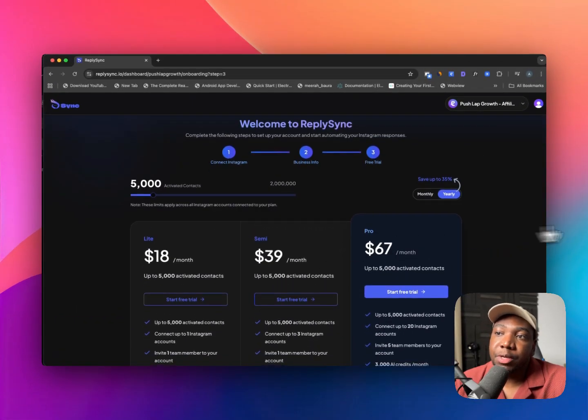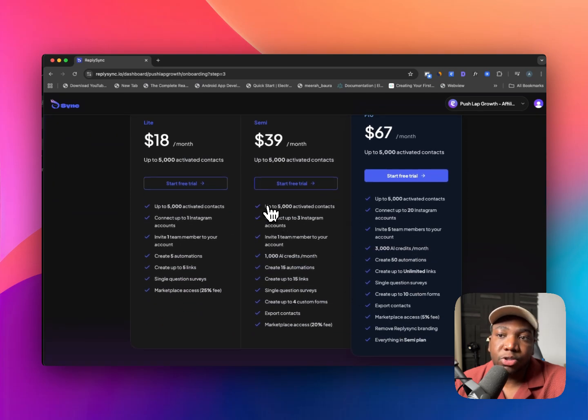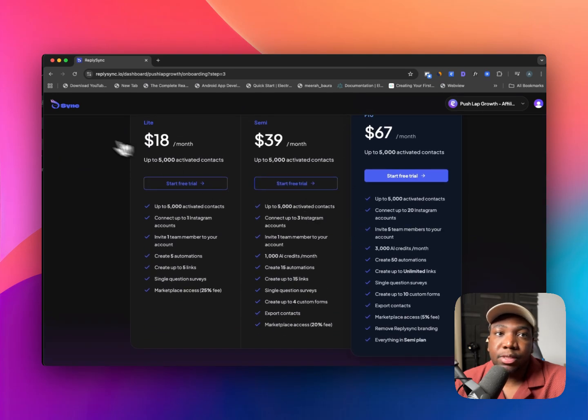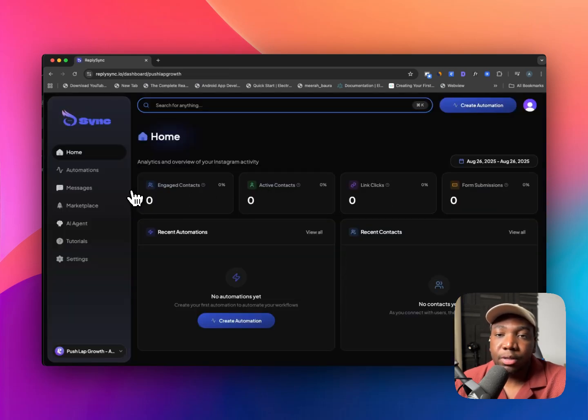And then you can come here and choose your plan. It'll allow you to choose a plan, and you can start a free trial. So we have a completely free 7-day trial to let you test out the tool, know how it works well for you. But in this case, I'll just go ahead and skip that. But after you start a free trial, it should take you over to your dashboard,